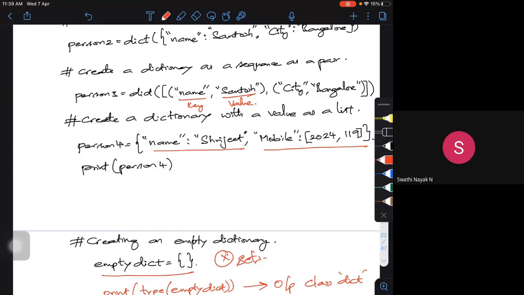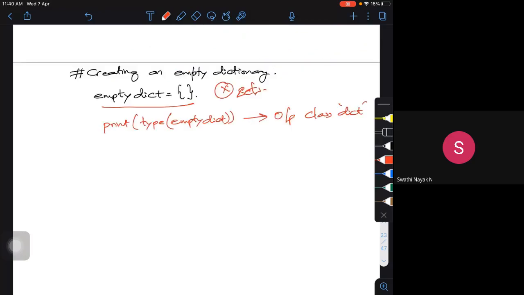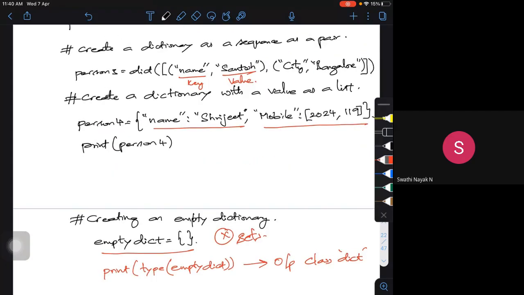If I go here, person 4, and I want to access only the name, I want the printout of only the name. What I will do is print person 4 within square brackets and put name as my key.